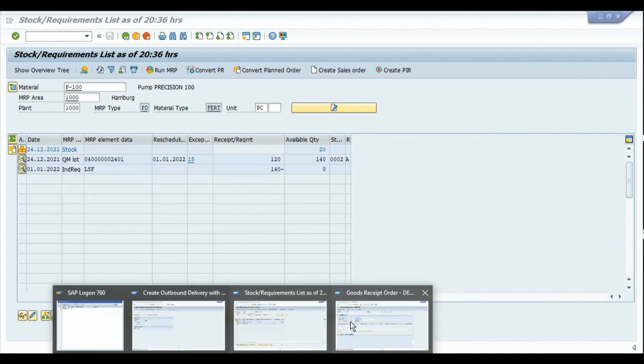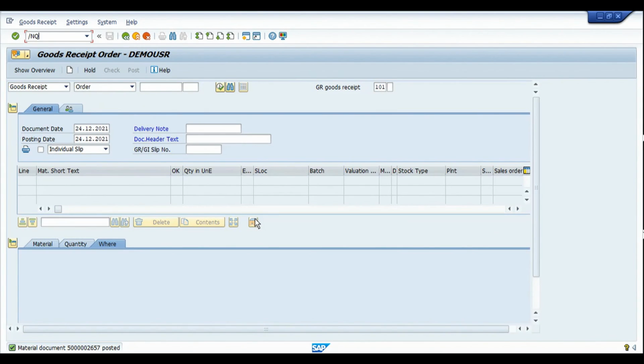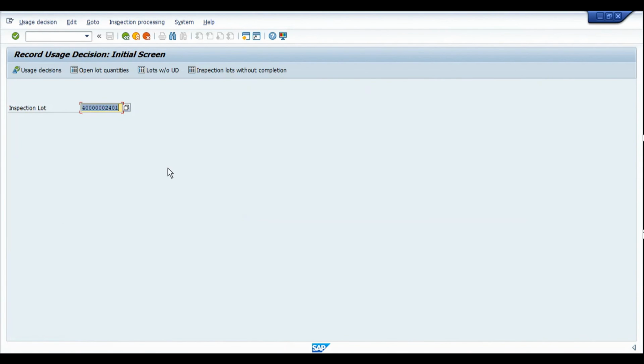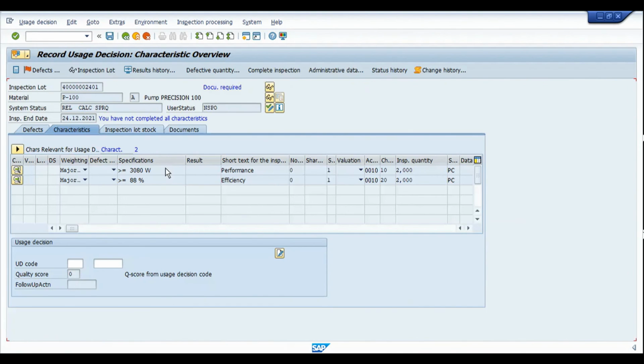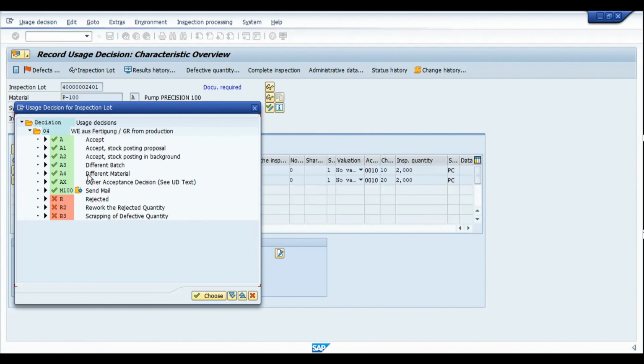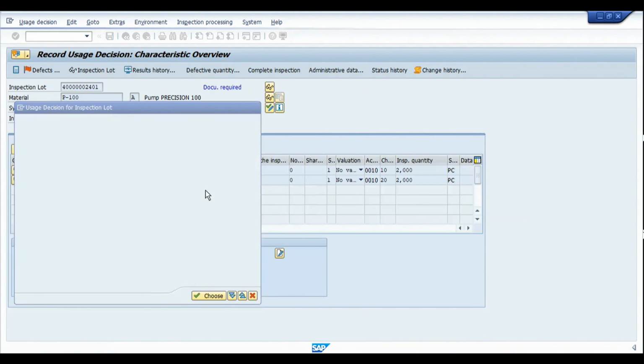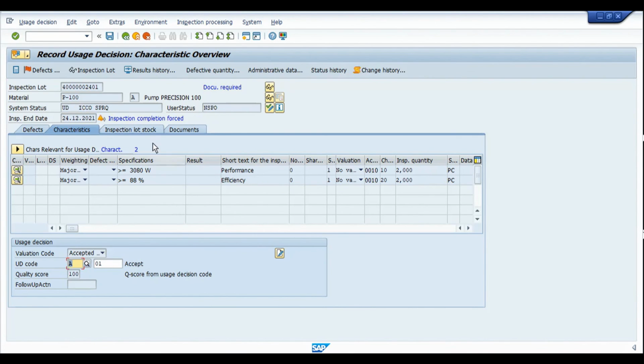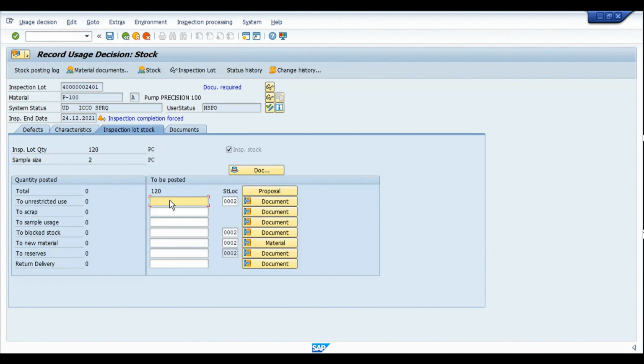So for that, I'm going to use the transaction QA11 to perform the usage decision against this inspection lot. So there are a few characteristics, so I would like to skip that for now. And coming to the inspection stock, I'm going to post the entire 120 pieces.